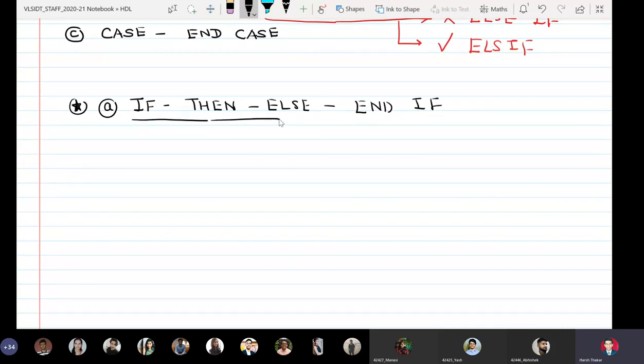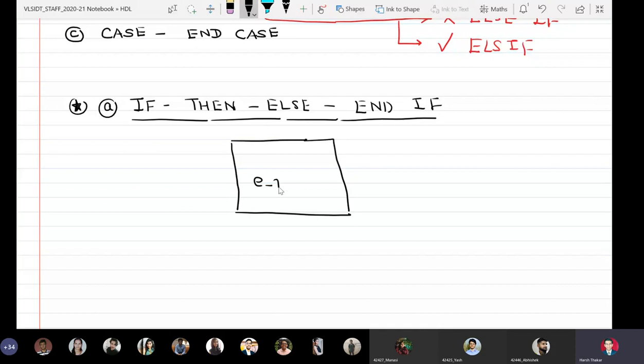Okay. So now we will consider a hypothetical proposed digital system which has some entity name called ename, and it has some inputs I1, I2, I3. And it has some outputs.